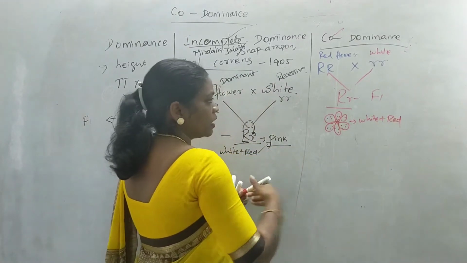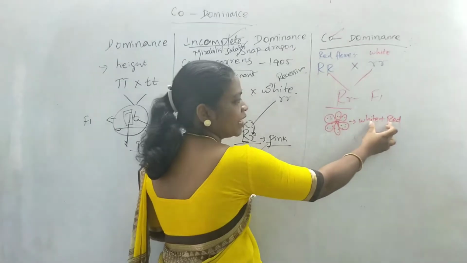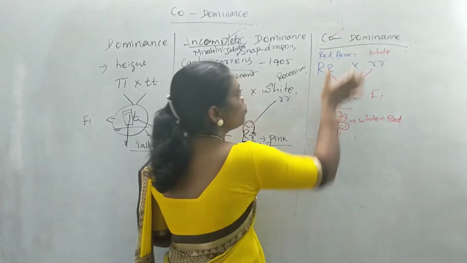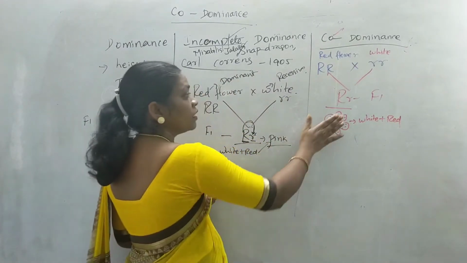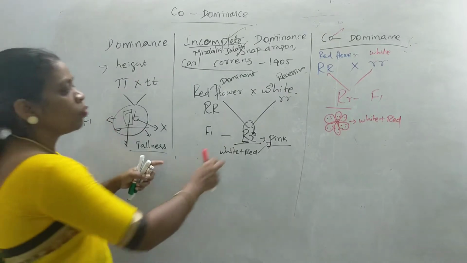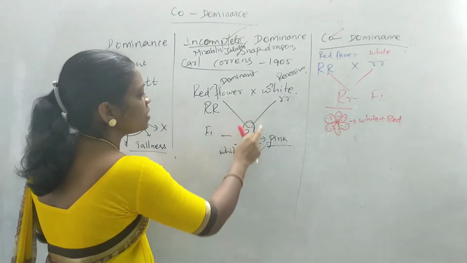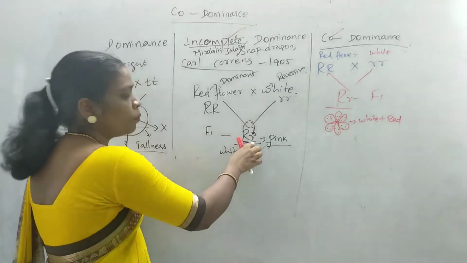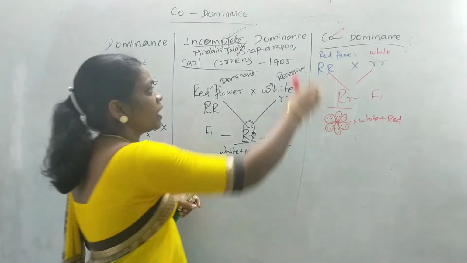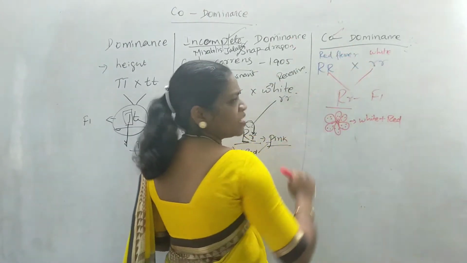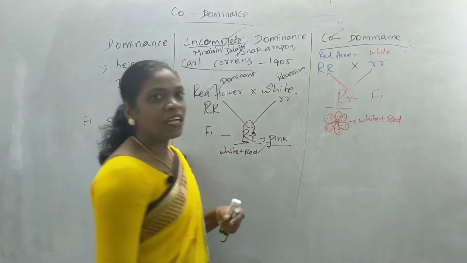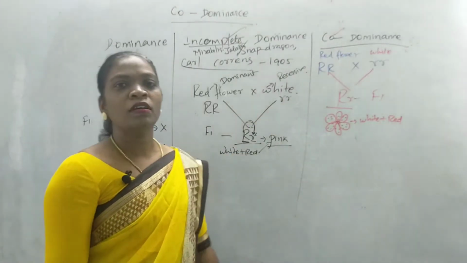And here there is no mixture of these two combinations. There is no interaction between them. Both the genes express their character. So this is known as codominance. Where the dominant expresses its character, it comes under dominance. Where one gene is not able to suppress the character of the other form, it results in incomplete dominance, where we get a new combination, that is pink color. But in the case of codominance, both genes express, both red color and white color, and they result in a combination of white and red color. This phenomenon is known as codominance.